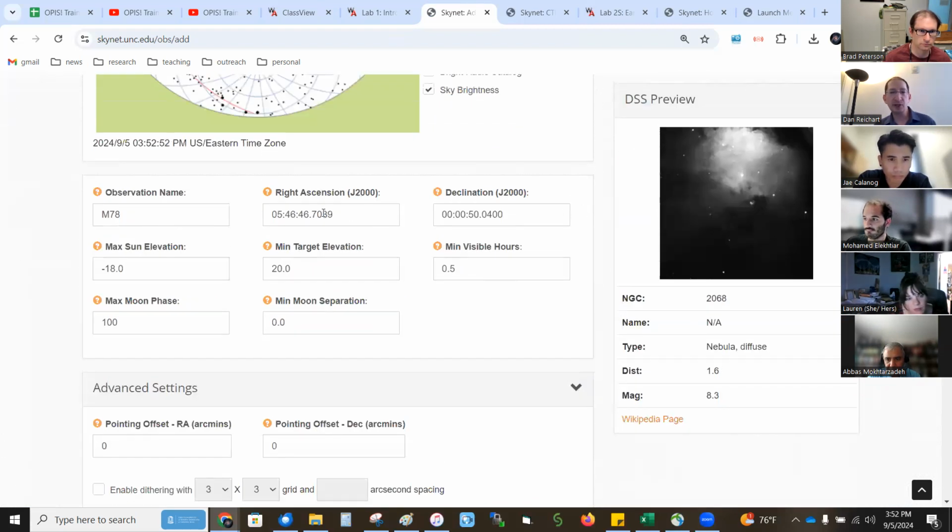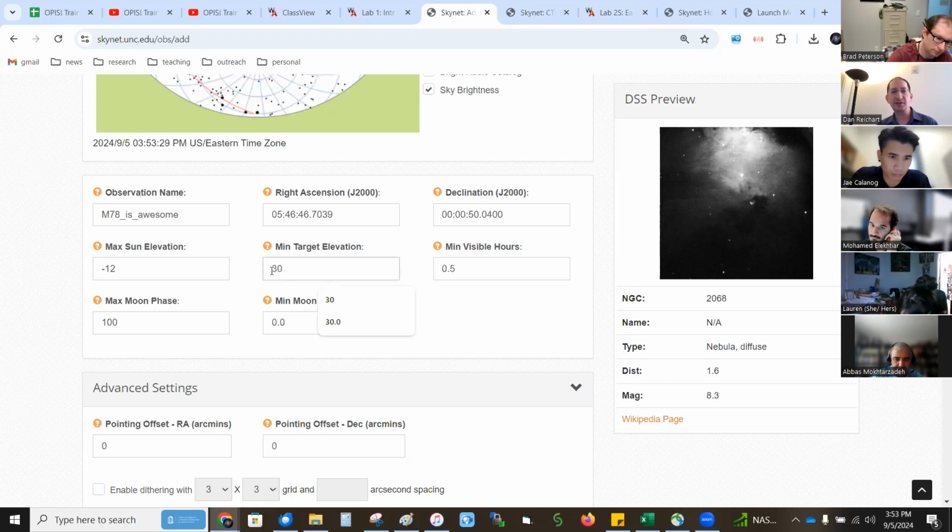Anyway, once you select your object, it fills in the R.A. and Dec. If it's a moving object, it will update these right before dispatch. You can change the name, whatever you want, maybe even spell correctly. And here are the default settings we encourage the OPIS users to use. Professionals wait until the sun is 18 degrees below. I recommend -12. The students are looking at big, bright targets. So this way they get in before the professionals start to dominate the telescopes. The sky is still dark enough.